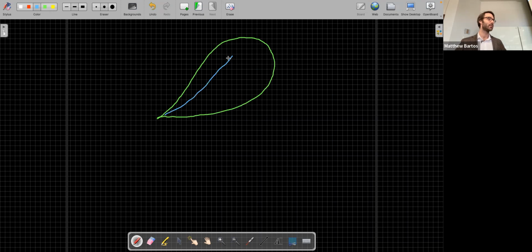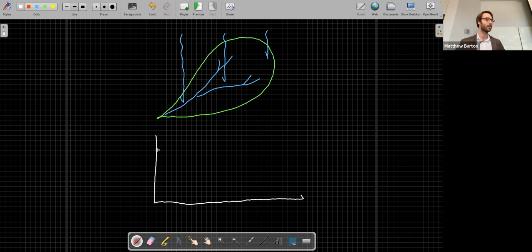I'm just going to draw some channels in here, but there don't necessarily need to be channels. And you have rainfall falling over the watershed. Remember, we showed that you could think of this watershed. We look at the outflow response. If we look at the hydrograph,